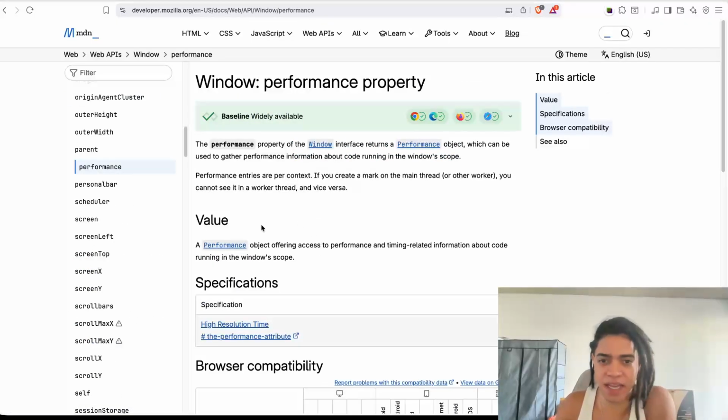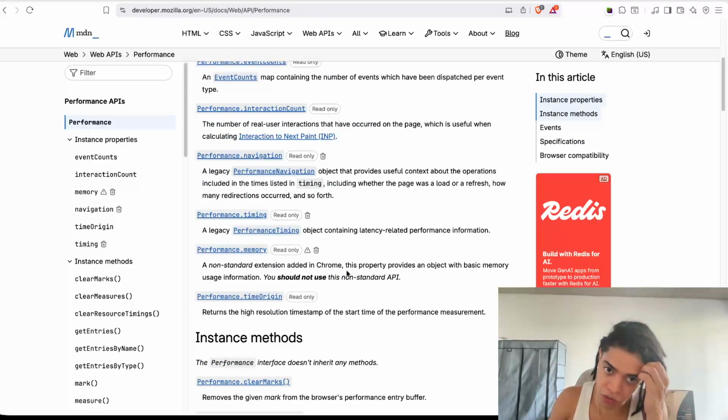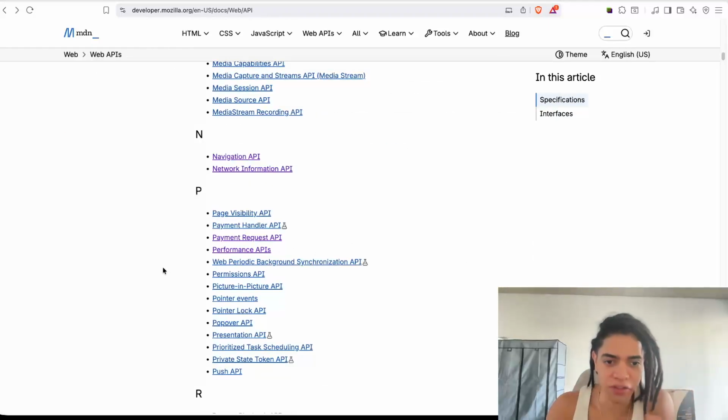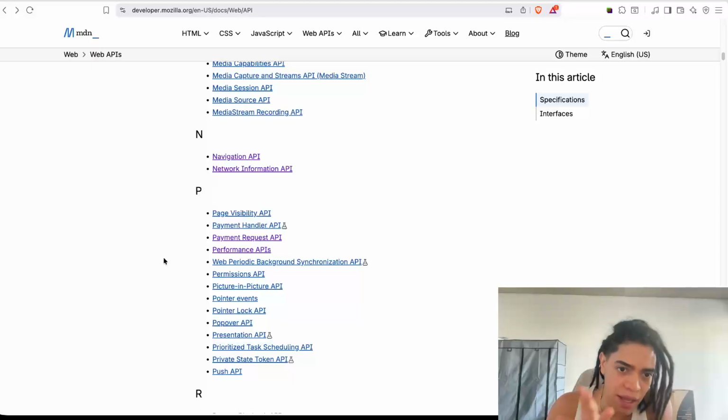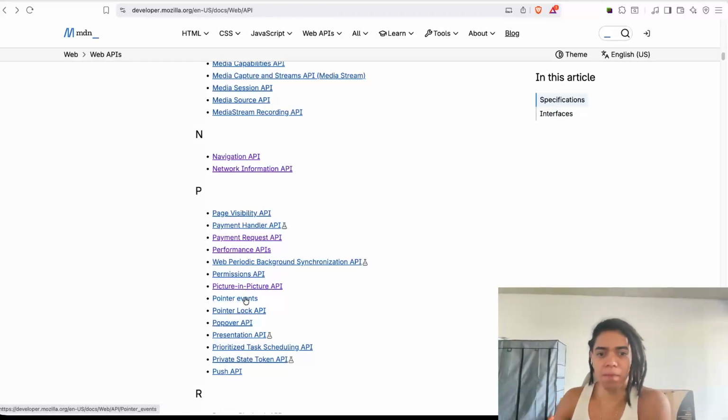This is how you can access this, and that is going to expose now a certain read-only object containing latency-related performance information, a non-standard extension in time origins. Again, I mentioned just the most common APIs that the web provides. So one of them is picture-in-picture, right? So sometimes this is what you want to do, and even though it's limited availability,